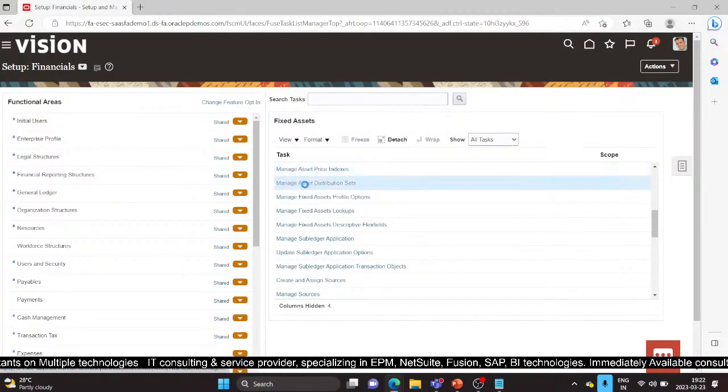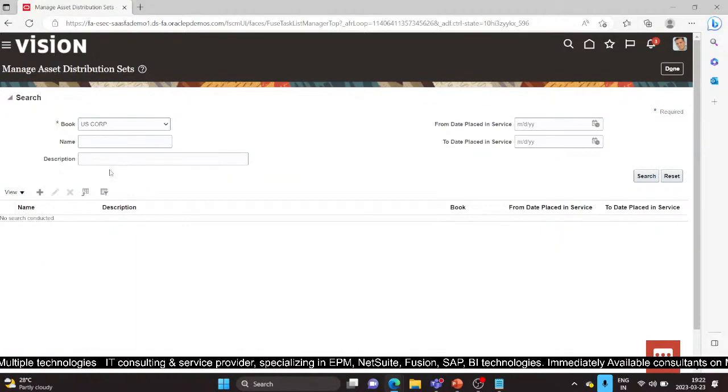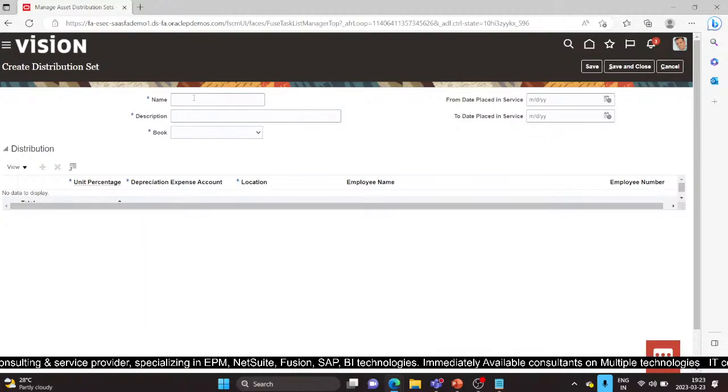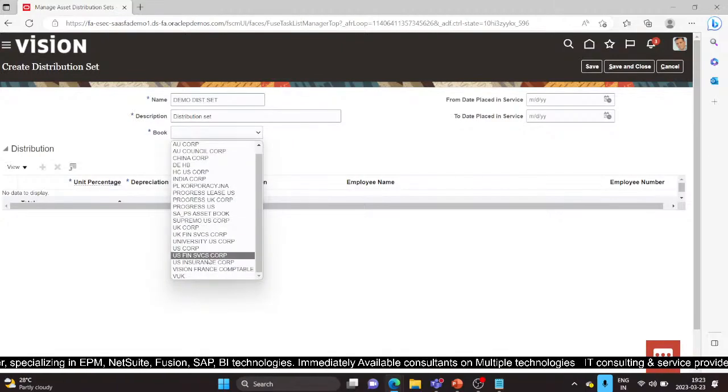So this is the task, manage asset distribution sets. If I search, no such distribution sets have been created, as I'm telling you that these are optional setups. Generally there are no setups in this area, but if your client wants, you can have it. So what will this do for a book? Like if I create a demo distribution set, book you can take as US Corp,